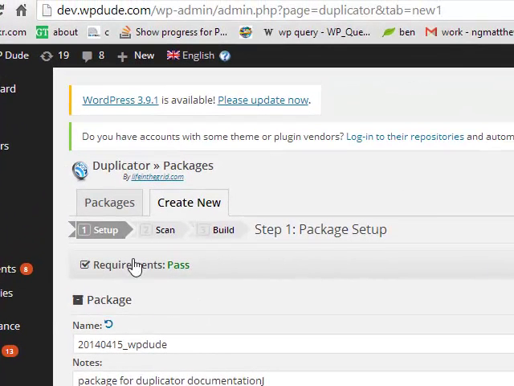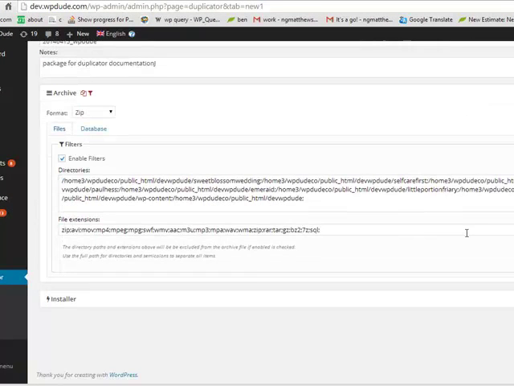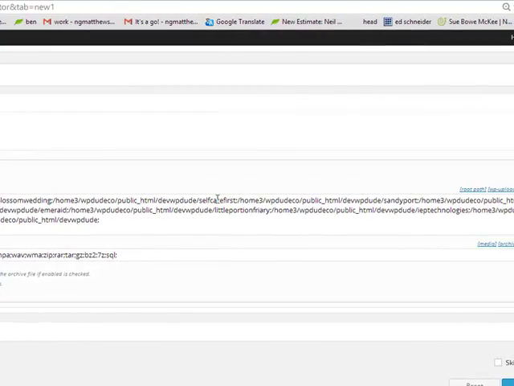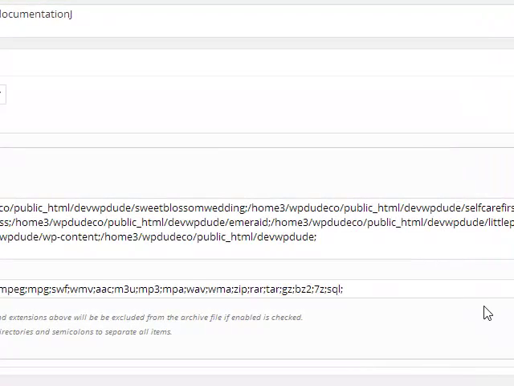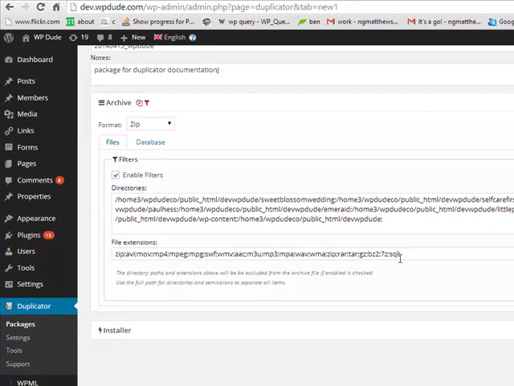Now the first thing it does is some system requirement checks to make sure everything is okay, and then it's going to allow us to do a scan. The scan makes sure that we aren't creating an absolutely massive archive file, and as you can see here I've set some filters so certain directories aren't going to be backed up, because I've got a lot of subdirectories on this particular development environment. And I've also said that I don't want to back up any archives,